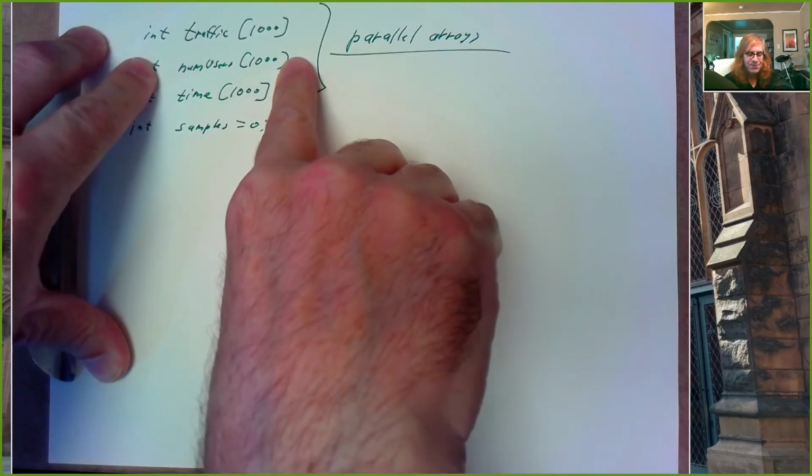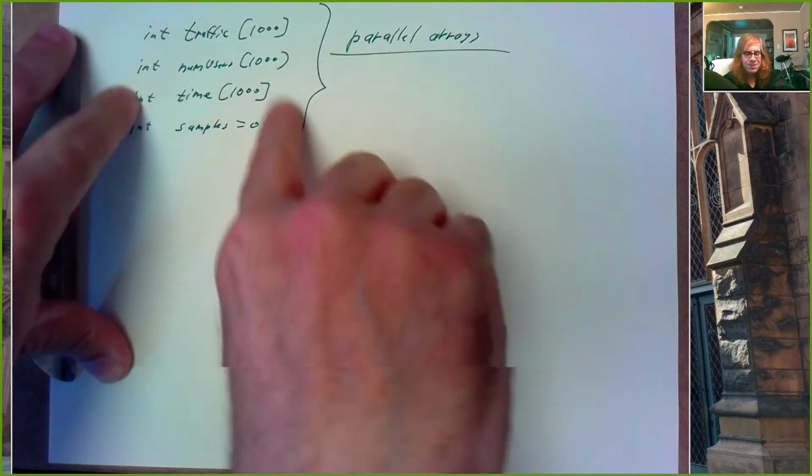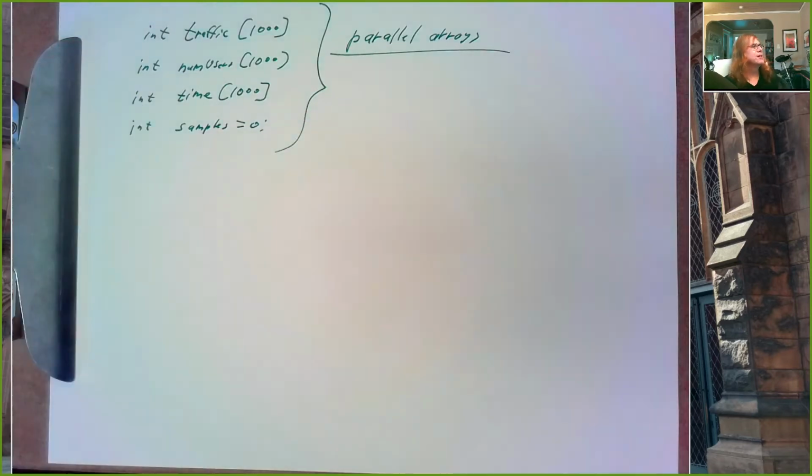So if I swap the first two elements of my num users array, I have to swap the first two elements of my traffic and time array also. And so with parallel arrays, we're forced to preserve this parallelism. And that's inconvenient, that's error prone, and it means that if I add some new piece of information to the